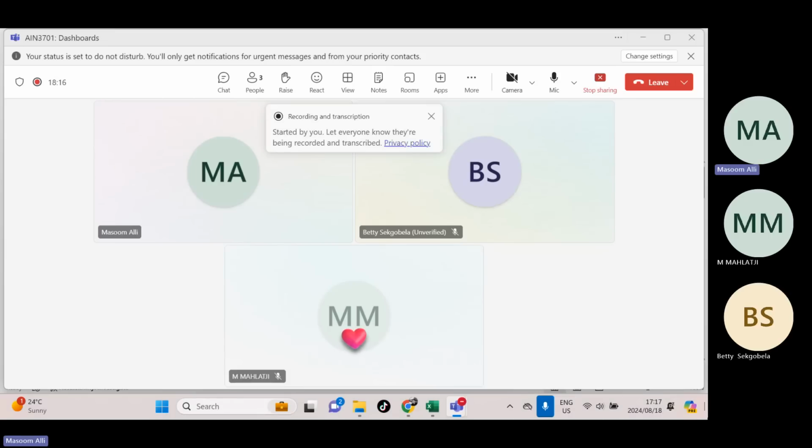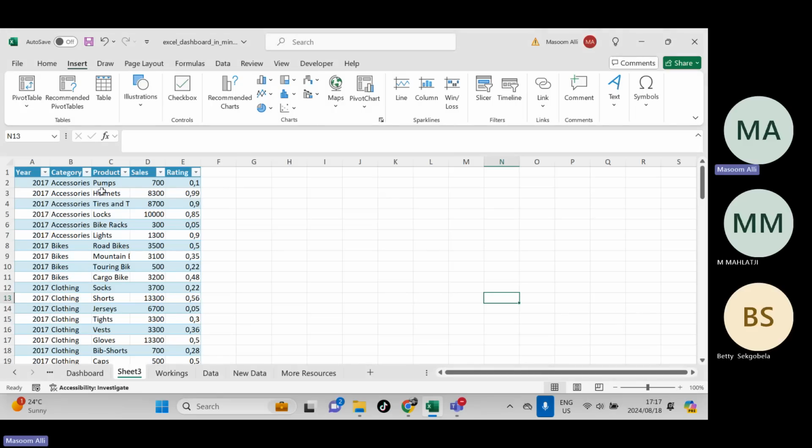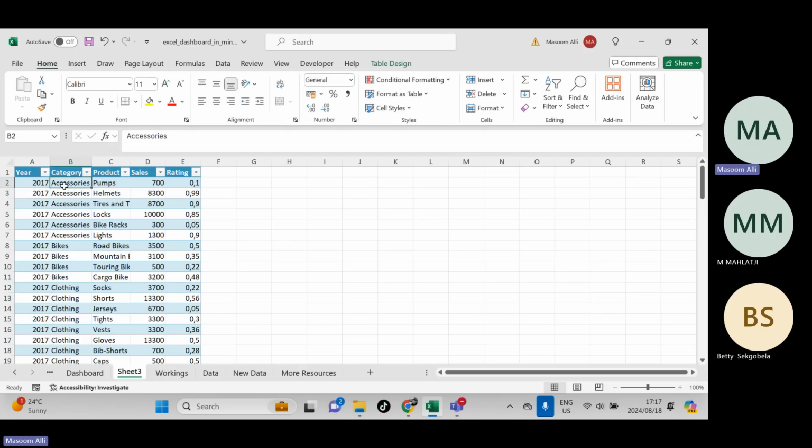Okay, so now that we've done that, it's still important to note several things, where your table needs to be cleaned a little bit, okay, and obviously formatted properly, right? So you need to make sure that all of these columns are formatted correctly and properly. So over here, this is supposed to be a rating as a percentage, right? So having the 0.1, 0.99, all of that, that is fine. It's not the end of the world. However, it is better to reformat this, right, into a